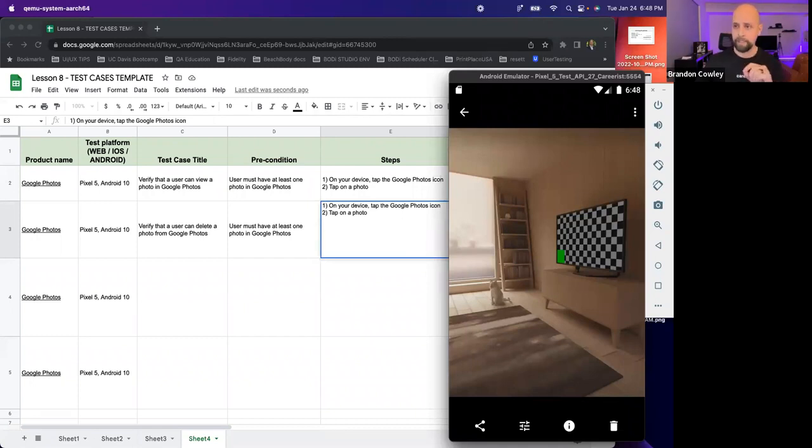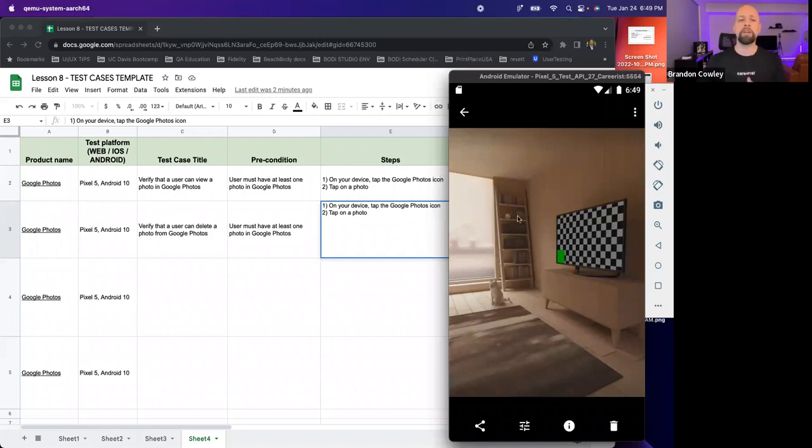Now, technically, if we go with the trash can icon down here, that is deleting the photo from a folder and moving it into the trash folder. If we do our meatball menu or our triple dot menu up here, that is a permanent removal of the photo from the device. So they are technically different things, okay? I see a lot of people talking about the trash can, and just for the sake of it's right here and people are talking about it, we'll go with that route.